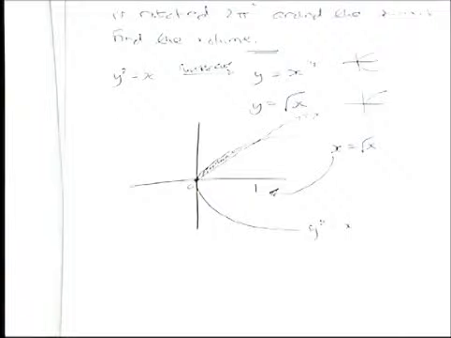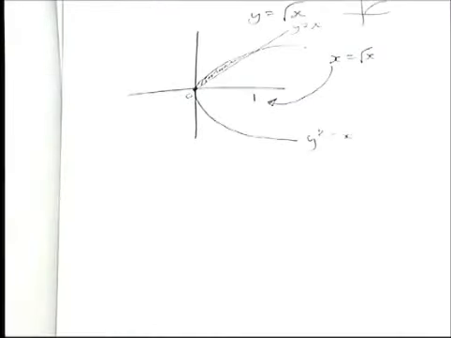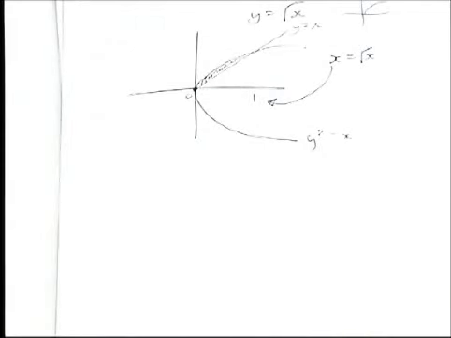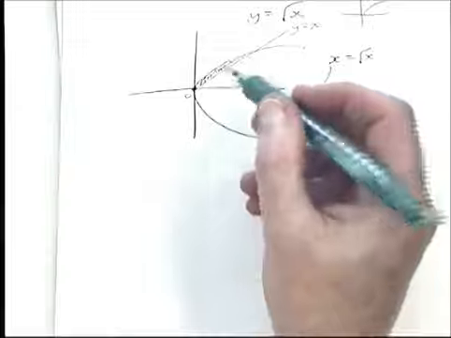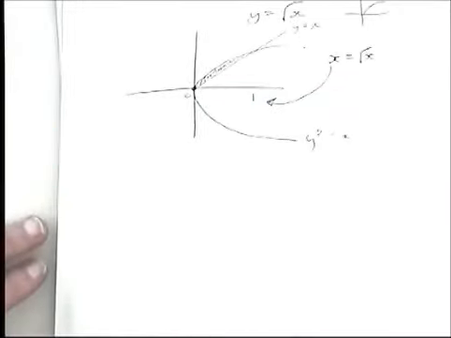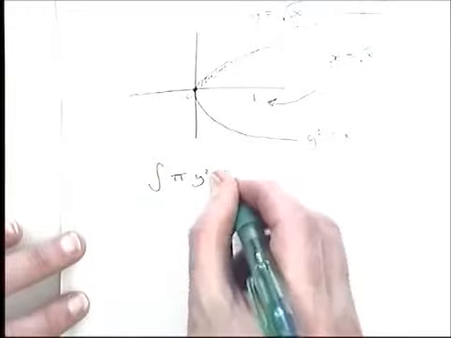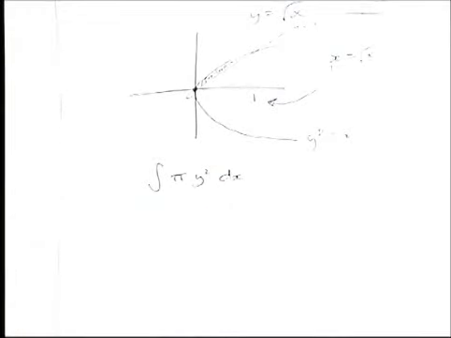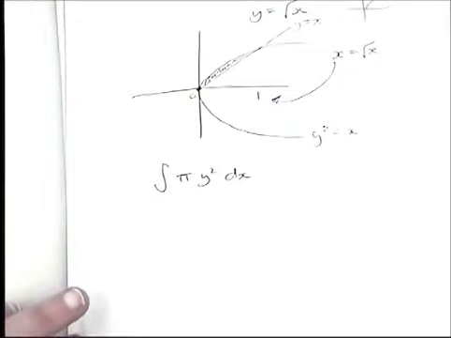Now, what we have got here is the area between two curves. It's not like the last one, which was a horizontal line. This is a curve and a diagonal line. It could be a curve and another curve. We're going to adapt our formula. The normal formula we've got is pi y squared dx. That is the normal formula we use. But if you are doing it between two curves,